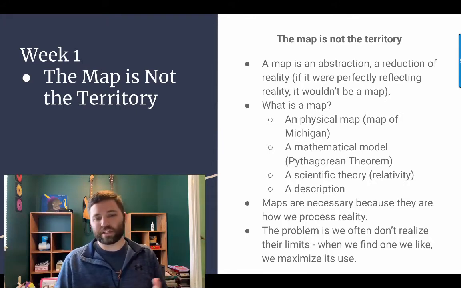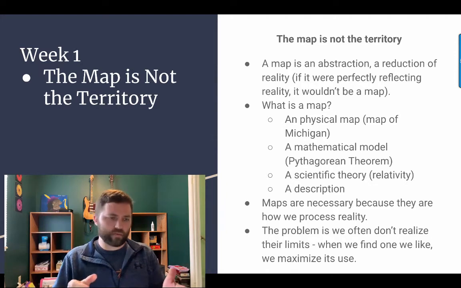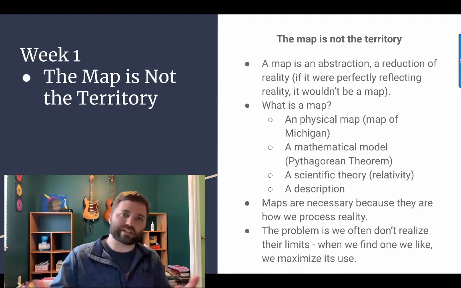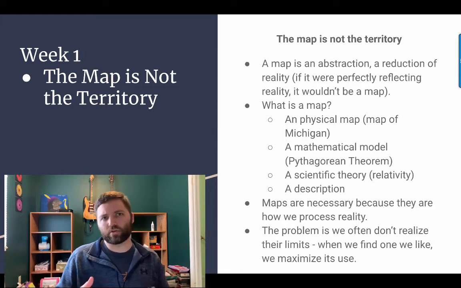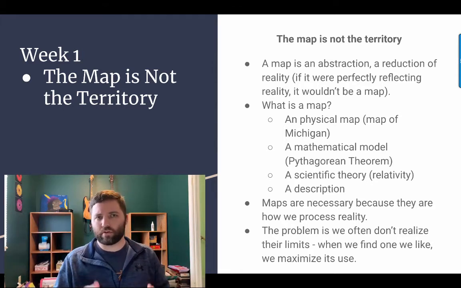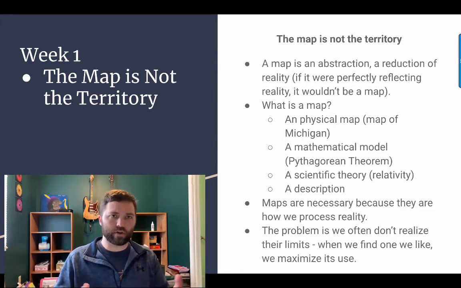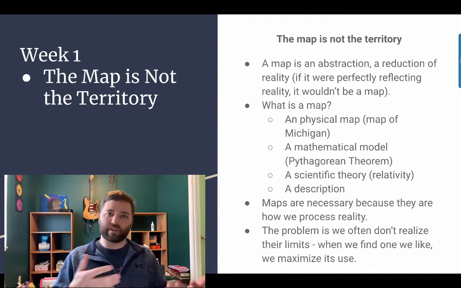It could also be just a description of interactions or a description of reality. For instance, predicting weather is a map, right? We can predict the weather out to a week to 10 days or so, but we can't predict it out to 6 months or a year. So our tools, our maps for predicting the weather, have limitations.